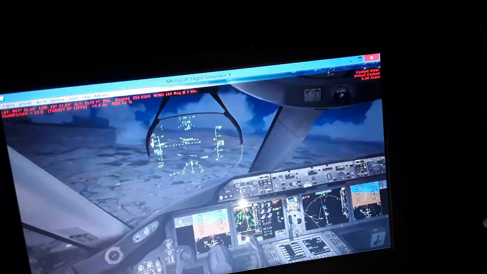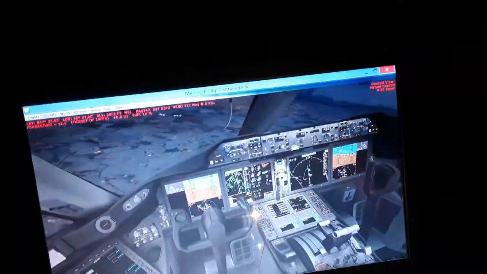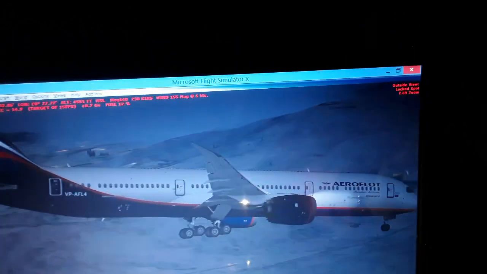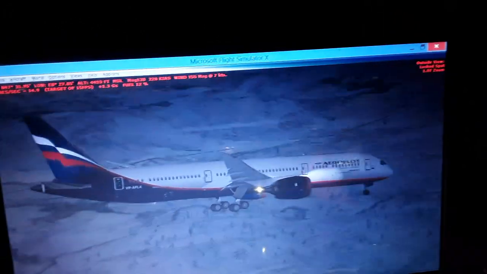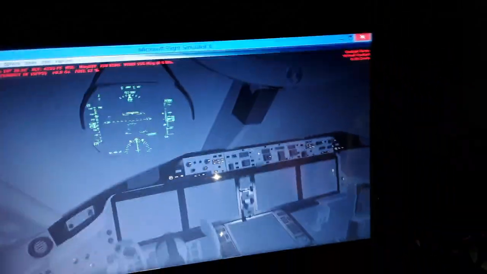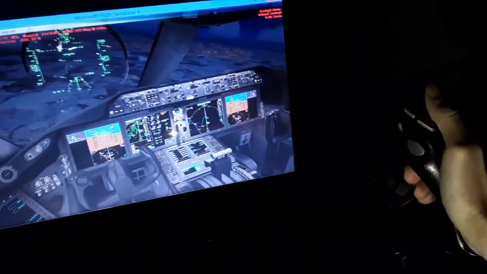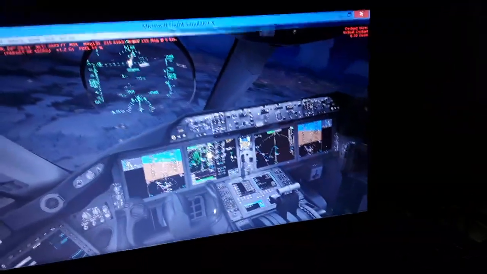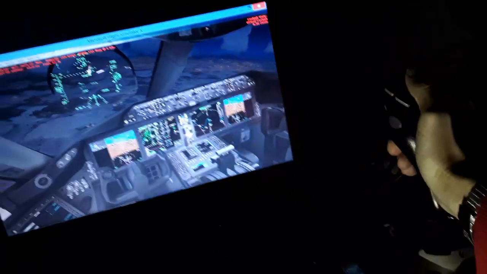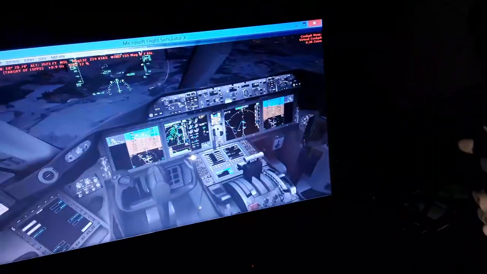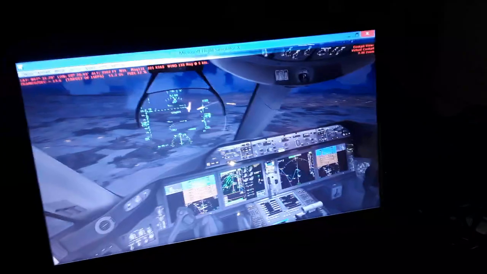We need to be aligned with the runway, as you can see, for the approach. We're gonna have also the outside view set for the approach. Some more thrust also needed, and we have 2 more minutes to go for the landing. As you can see, we have full flaps, landing gear down,